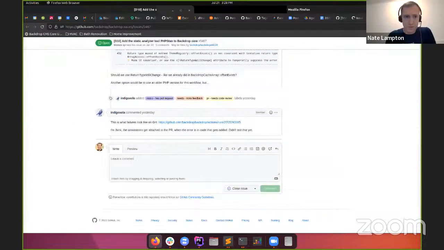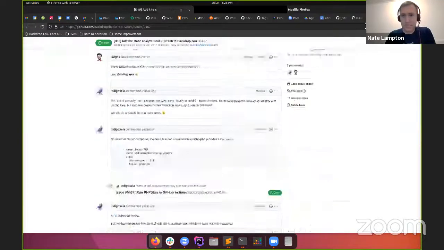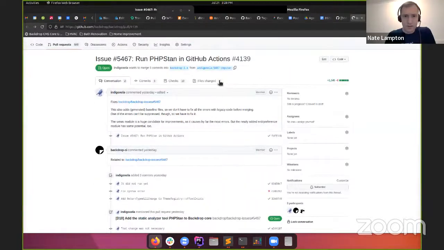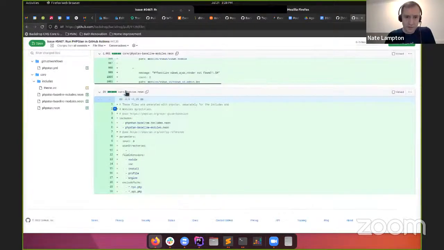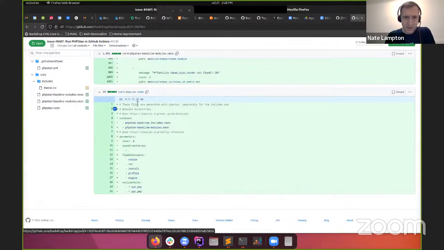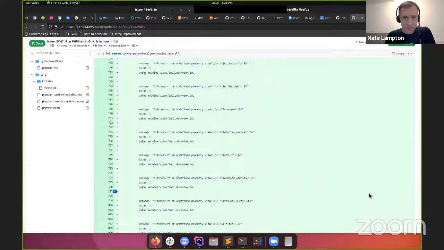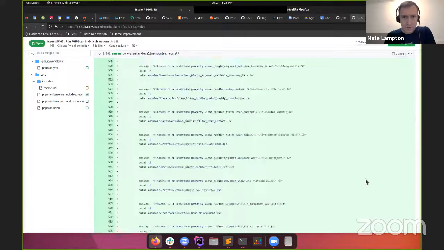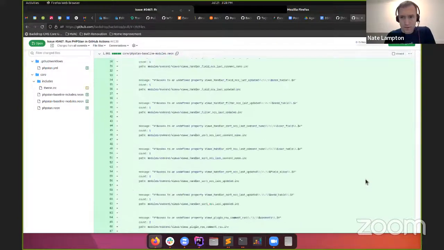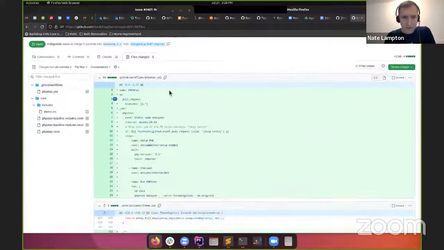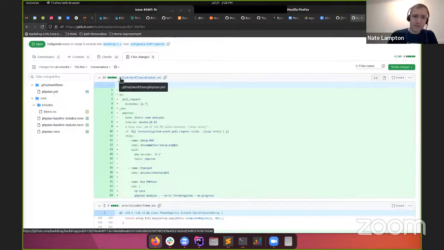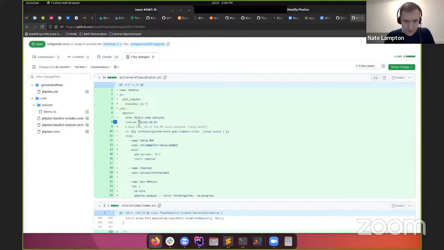And let's see what the actual pull request is, other than all the ignoring stuff. This seems like the key thing. PHPStan.neon is the configuration, but surely there's, oh, here it is, the workflow. That's what I was looking for. So .github workflows, PHPStan, static code analysis,